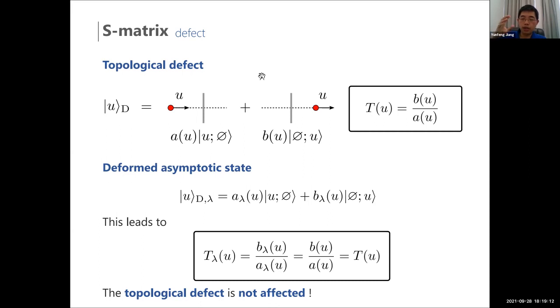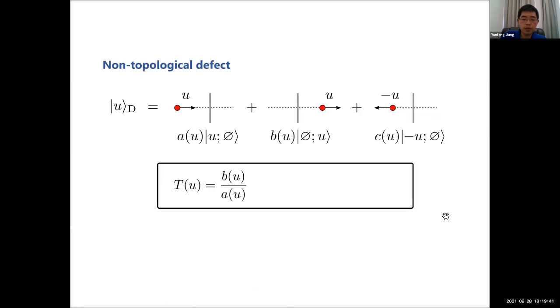And we know the stress energy tensor corresponds to the variation of the metric. And the TTbar deformation is triggered by this stress energy tensor. So the topological defect is not sensitive to the metric and is not sensitive to the stress energy tensor. So it's not sensitive to this kind of deformation. So I think it's physically reasonable that the topological defect is not affected by this deformation.